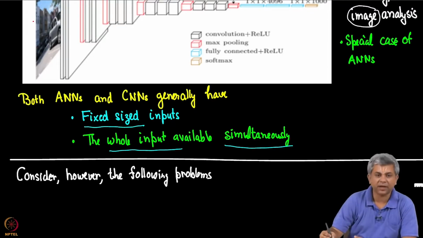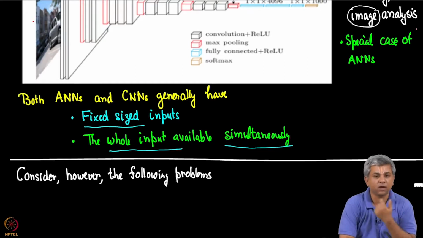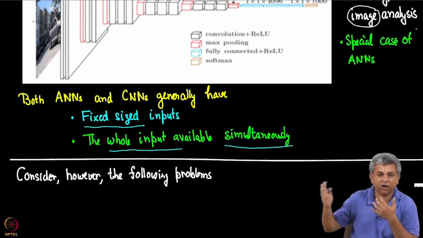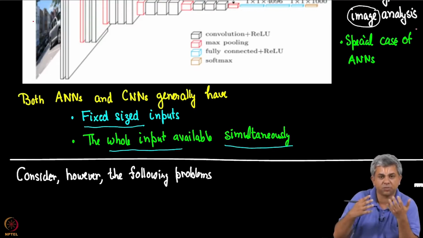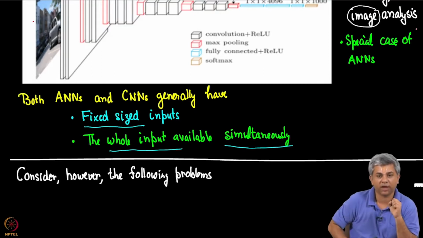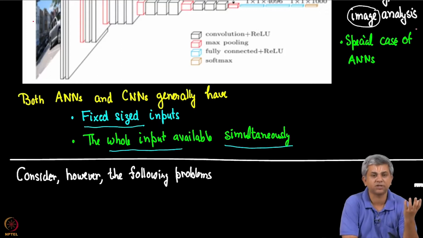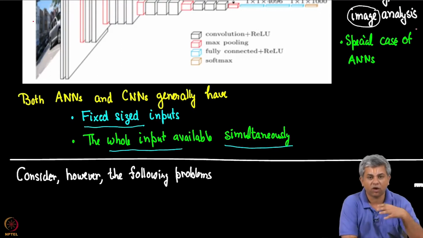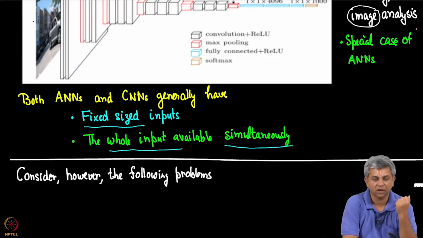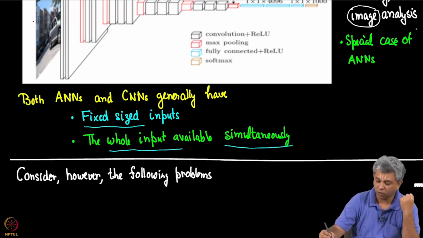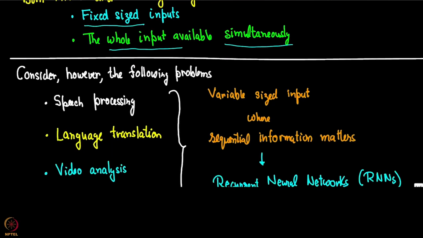Now, compare that with something like, let us say, making closed captioning for what I am speaking. Okay. So, you do not have typically, and suppose you have an online translator, that is, as I am speaking somebody is writing down what I am speaking, or Alexa interprets your input as you speak, okay, or your car does things as you speak. So, something of that sort requires sequential processing.